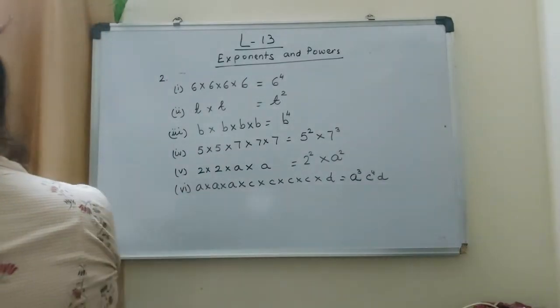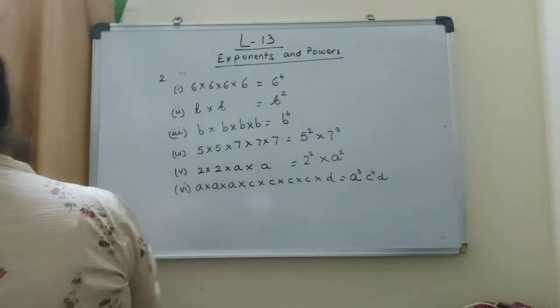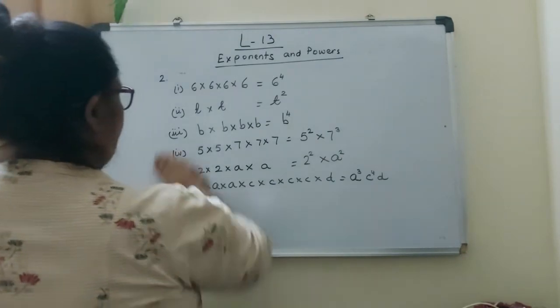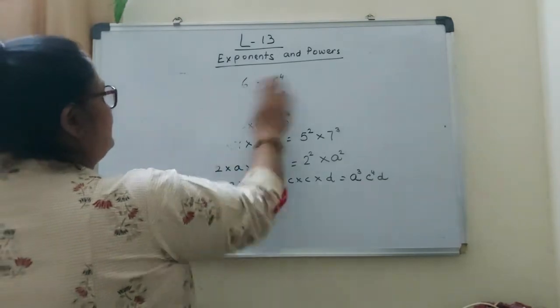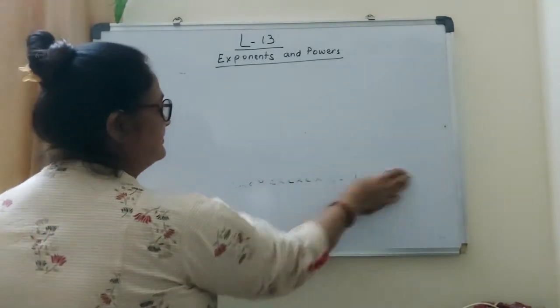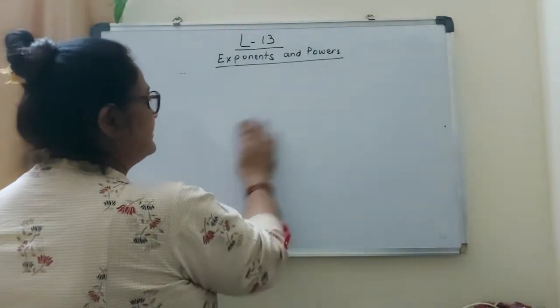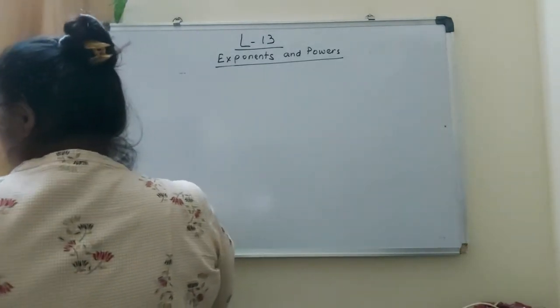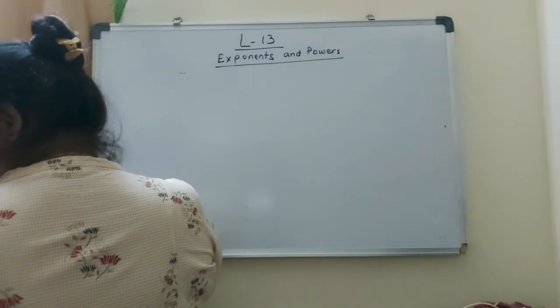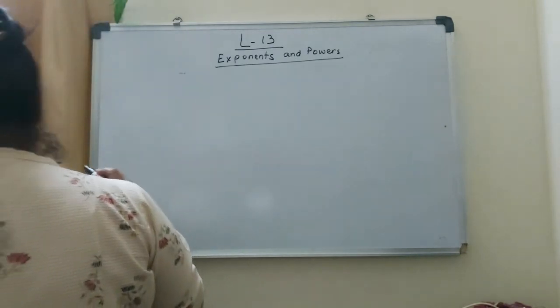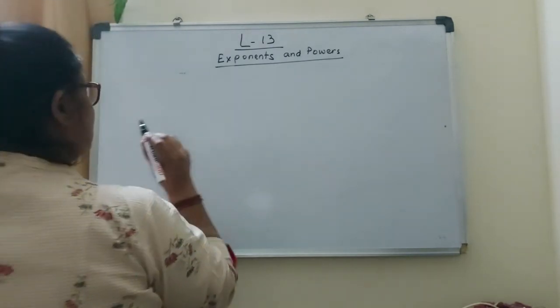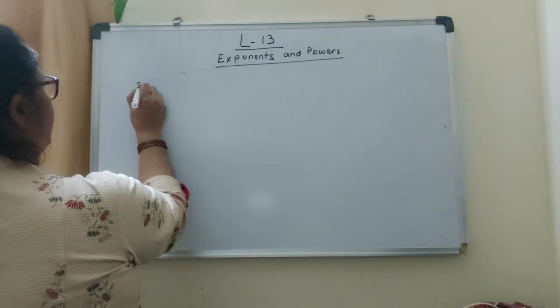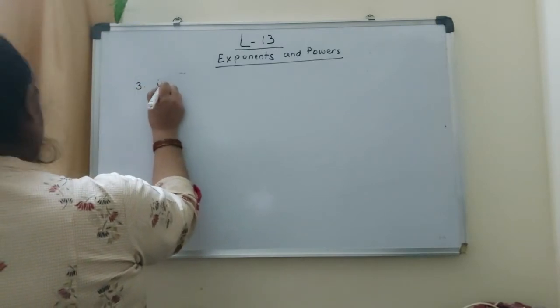Next one, question number 3. Now question number 3 is to write the numbers in exponential form. The given number in exponential form, or you have to express it. Okay, number 3. First one is